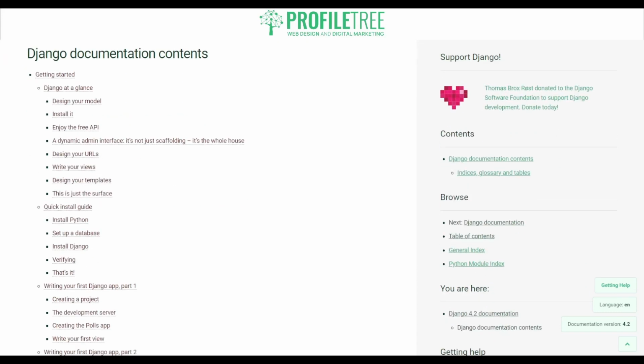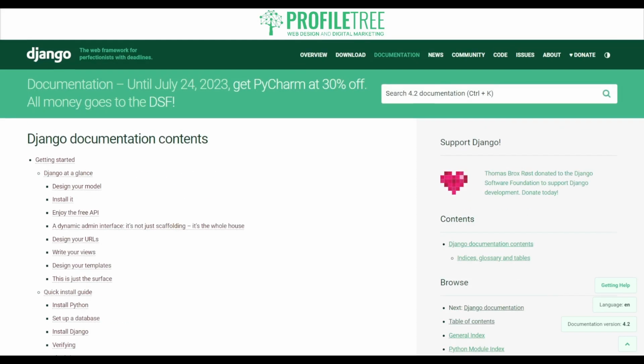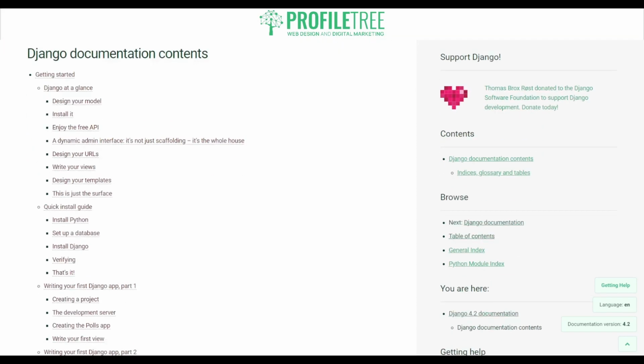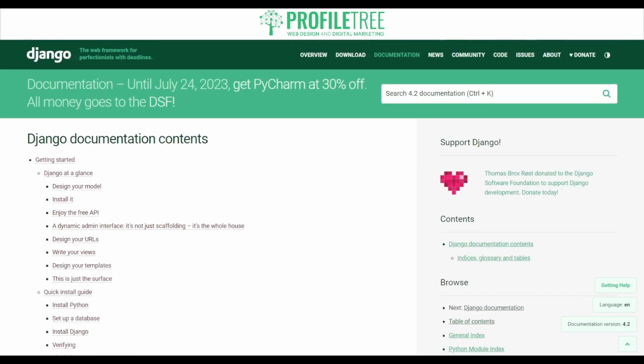Now, when it comes to testing as well, Django has a robust testing framework, and it helps developers write unit tests and integration tests for their web applications. It also provides tools for automating and testing processes, generating test data, and also checking the application's behavior. Now, when you are getting started with Django, it is fairly easy. All you would need to do is actually have the